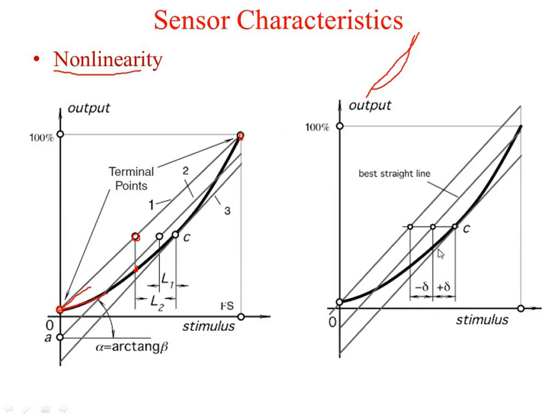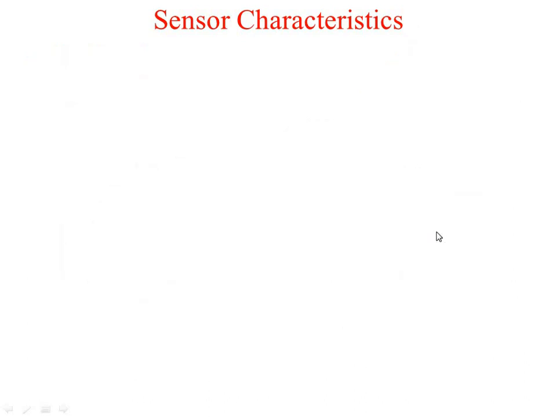So plus delta and minus delta you are trying to calculate, and this is the line you are trying to find out. So this line will be the best line which will give you the minimum error, because here it is minus delta and here it is plus delta. Okay, so minus delta and plus delta, at this point you will be getting the error 0. Okay, now the next point is the saturation.